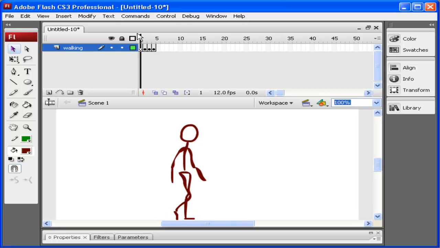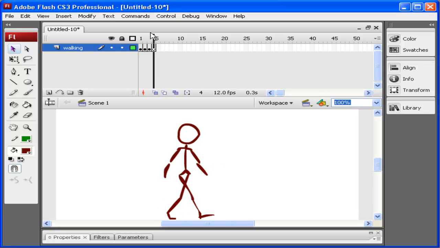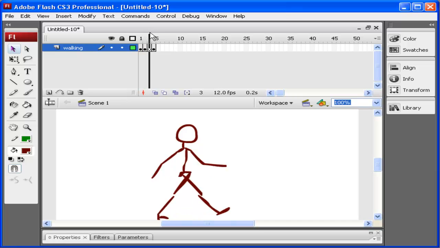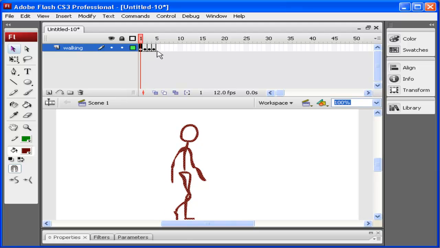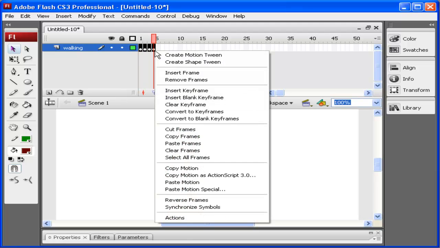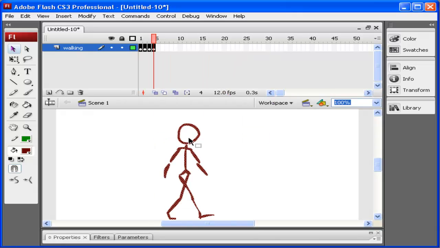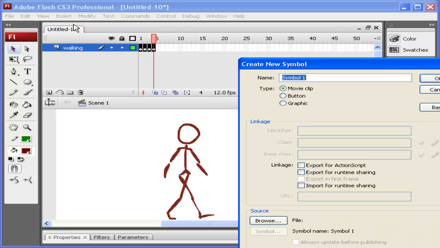First of all, I have a simple animation I drew of someone walking. Okay, so you can see the stick figure, and it just kind of shows the motion of them walking. What I'm going to do is select these frames and copy these frames. Now, with these frames selected and copied, I'm going to go up to Insert, New Symbol, and I want to